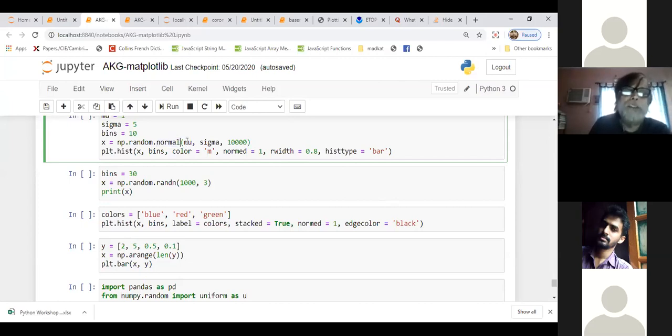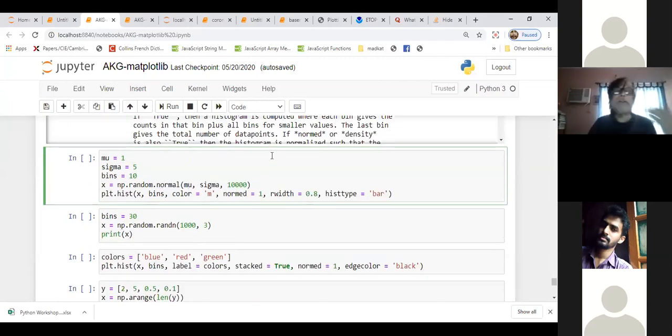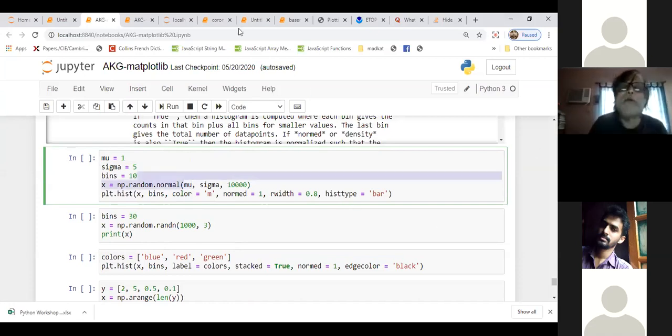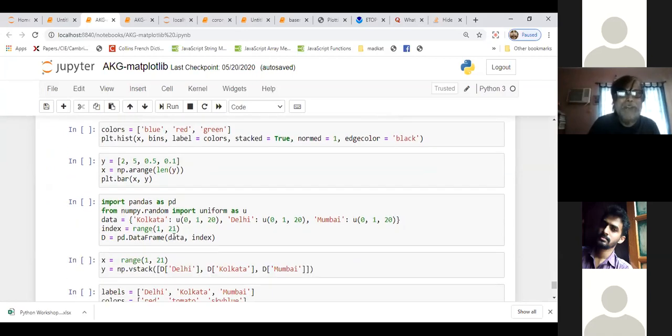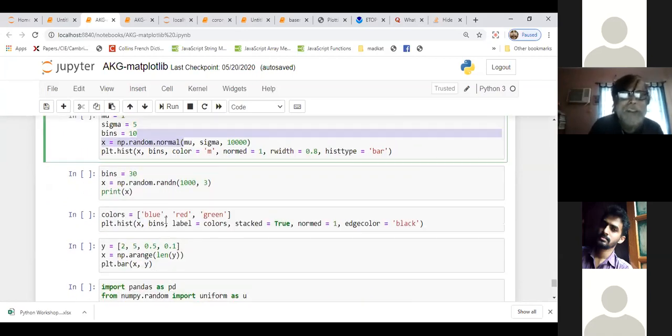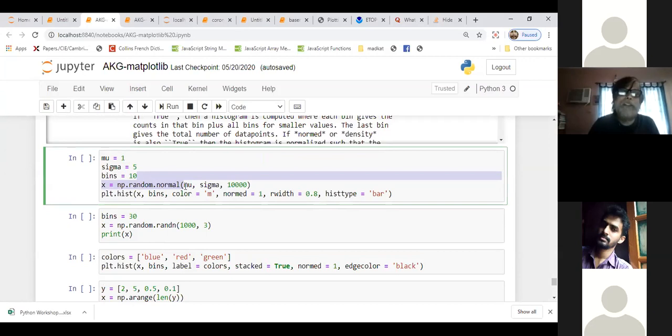So this normal distribution is defined by two parameters only. Mu, the Greek symbol mu, is basically the population mean, and sigma is the standard deviation.